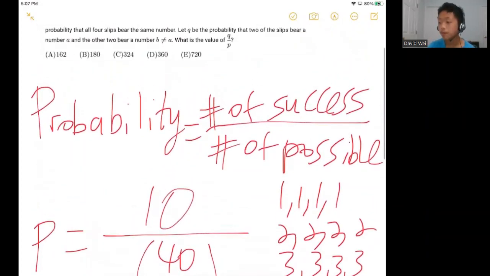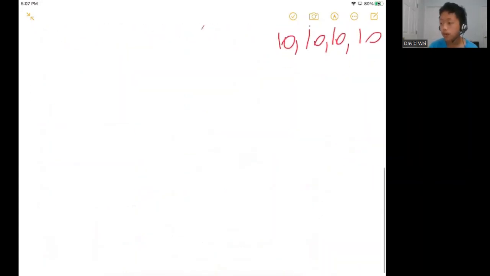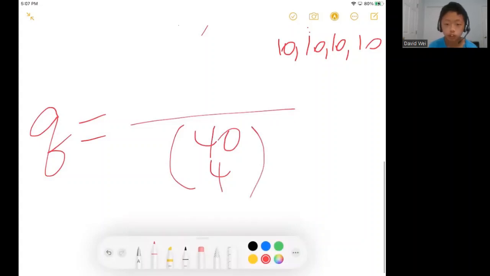But now we need to find the probability for Q, which is the probability that 2 of the slips that you draw are one number, and the other 2 slips that you draw are a different number. Again, we're going to use number of successes divided by number of possible outcomes. The number of possible is still 40 choose 4. That doesn't change. You're still choosing 4 slips from a total of 40 slips. For the number of successes,